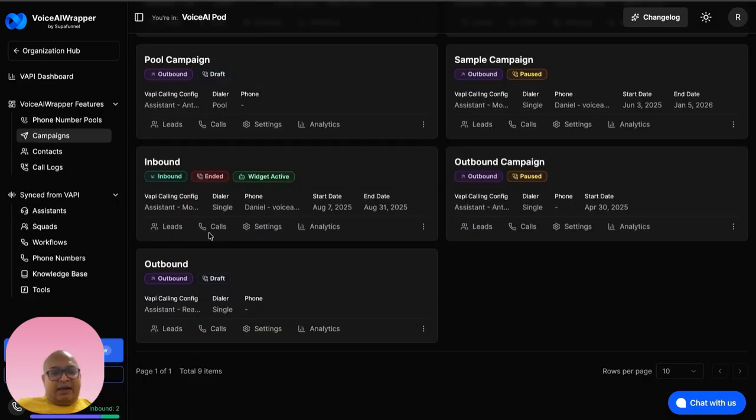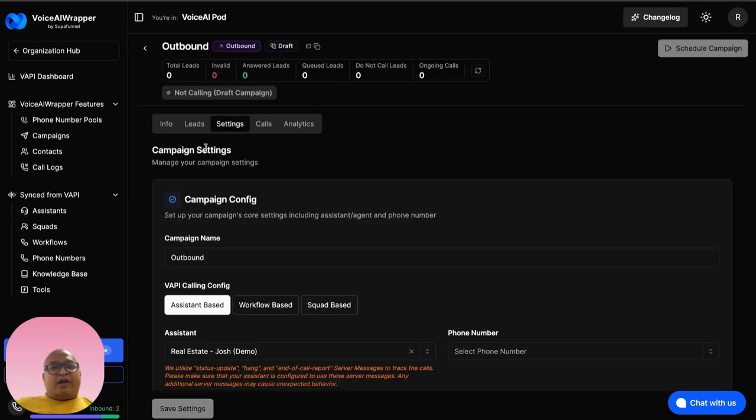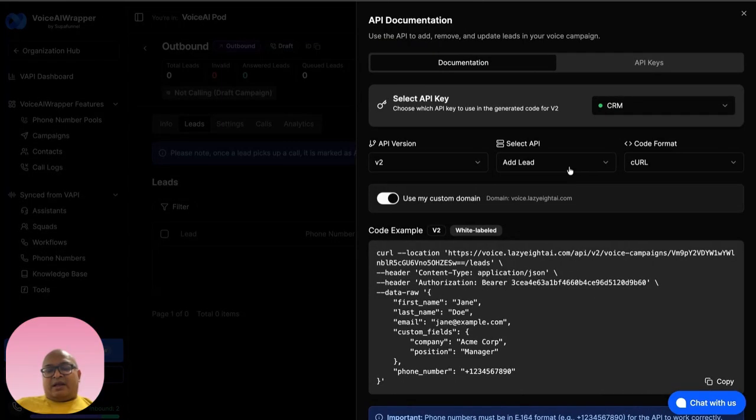We segregate incoming and outgoing calls into campaigns because they have distinct features, and we give you distinct analytics for each of these call types. Under outbound campaigns, you can add leads using an API. You can use this API to fetch leads from an ad form. Let's say somebody has filled up an ad form, you can instantly add that lead into a campaign for a qualification call to go out, or you can feed leads into an outgoing campaign from your GHL account or your